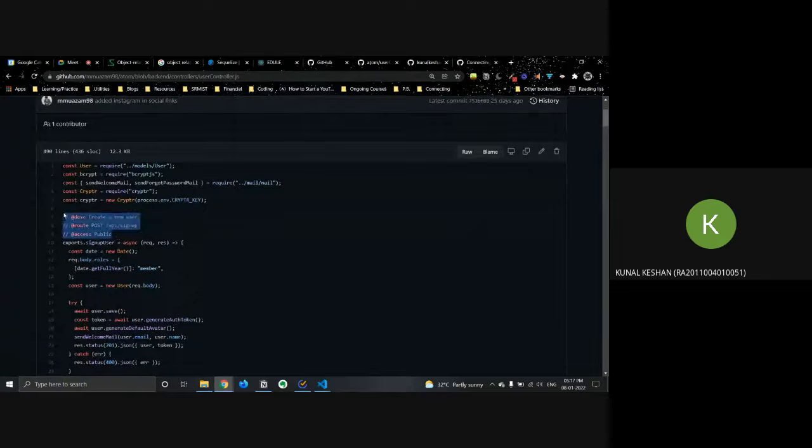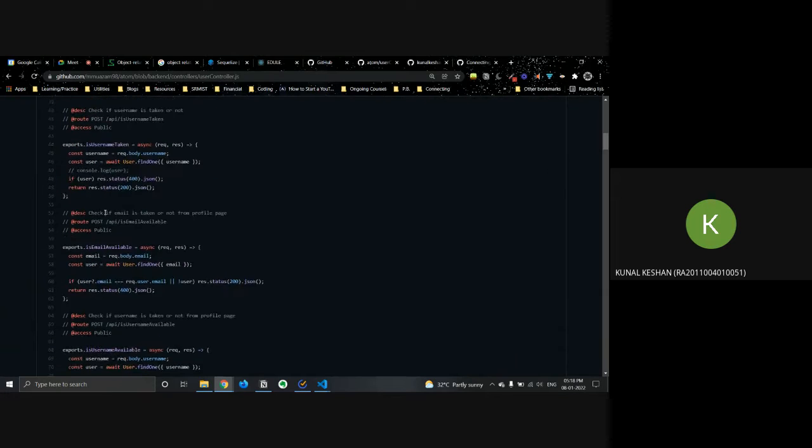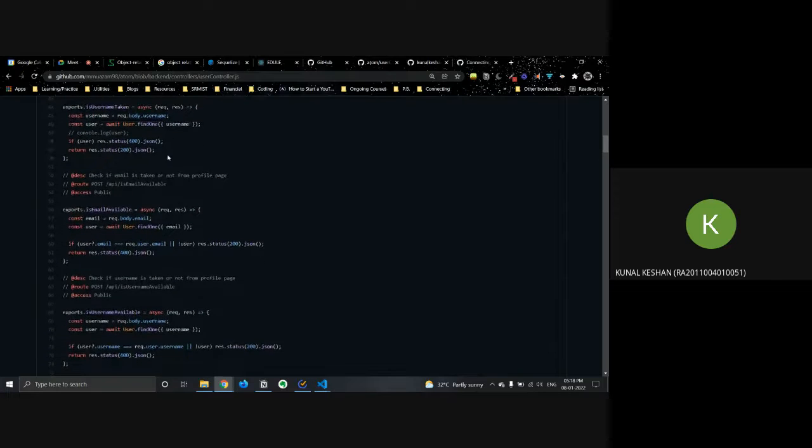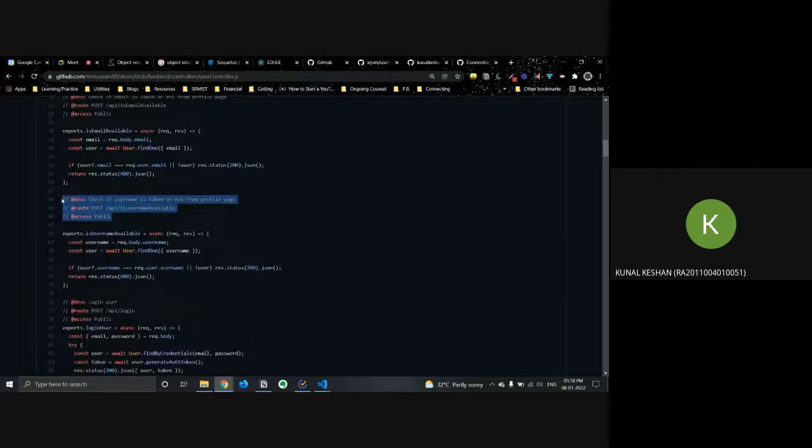So in this case, you can see what this function does, right? You usually put an at sign and then the name of the comment you're trying to express. So you add a description, like create a new user, add the route, for which route this function applies to, and the access to this route, is it public or is it private, right? So all of these are standard commenting methods. Why do we need to add them, right?